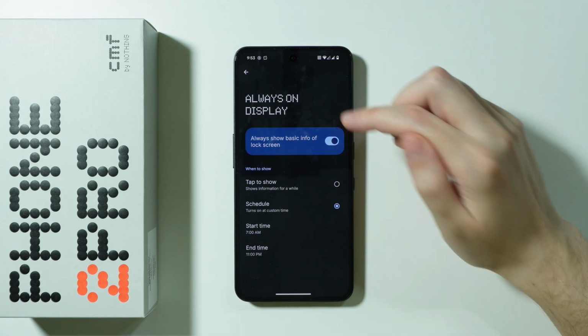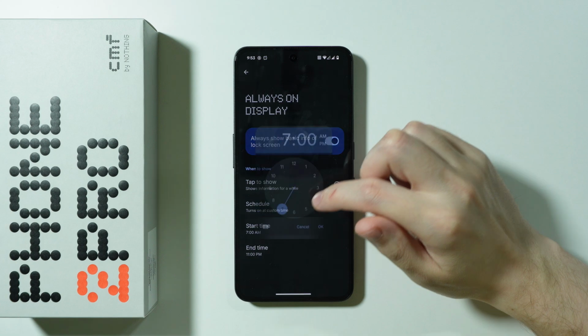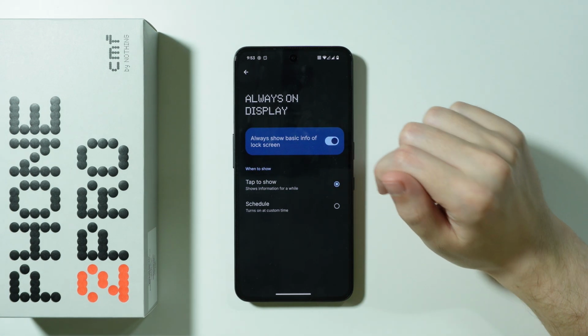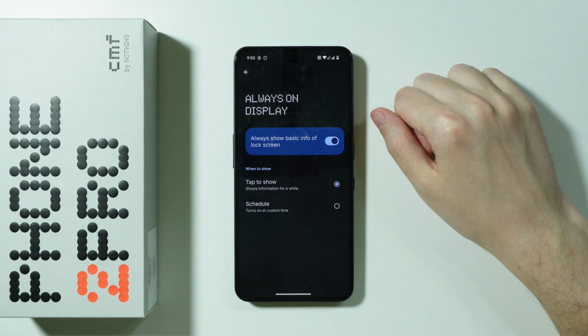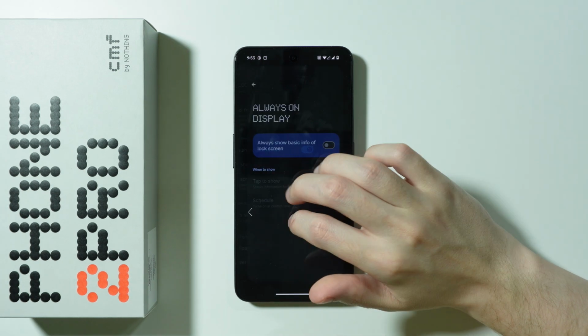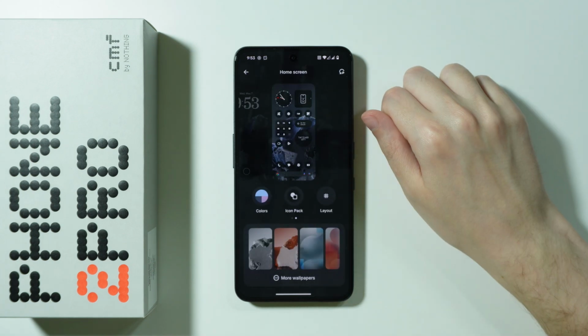We can also make it enabled according to our schedule, which can be set up over here, or you can just simply set it to tap to show, so you can tap the screen when it's off in order to show always on display. After that, we're gonna go back to the settings, and this time we're gonna choose customization,